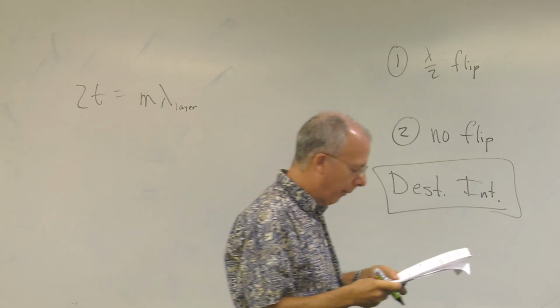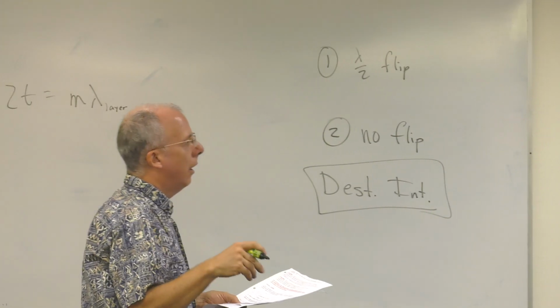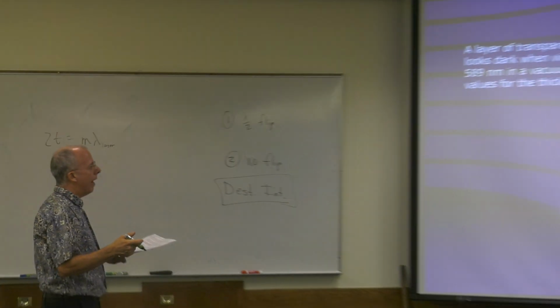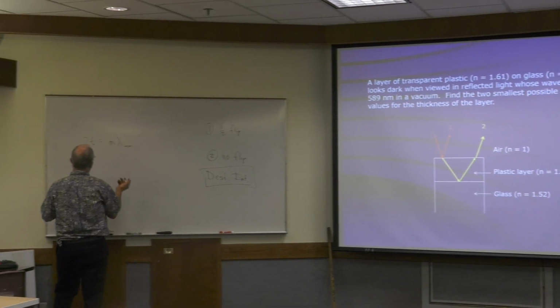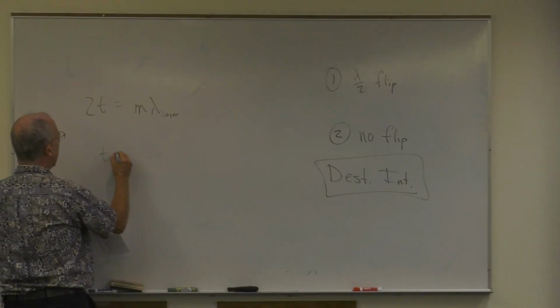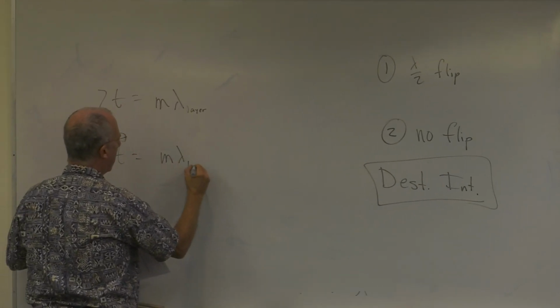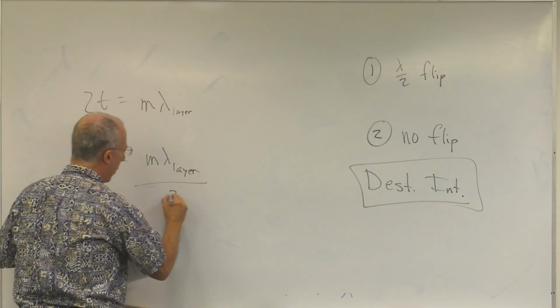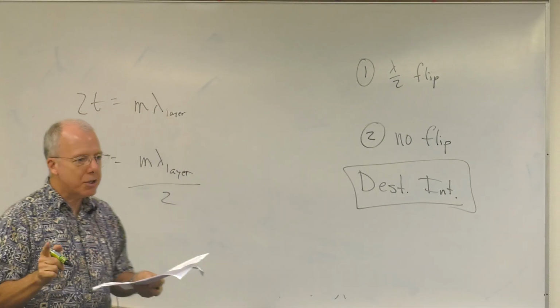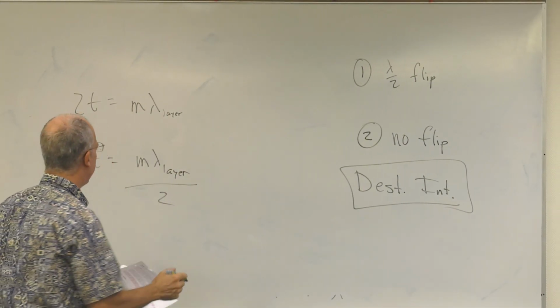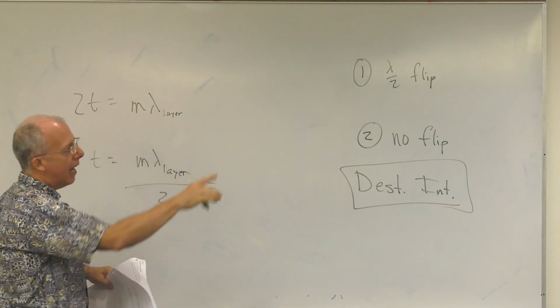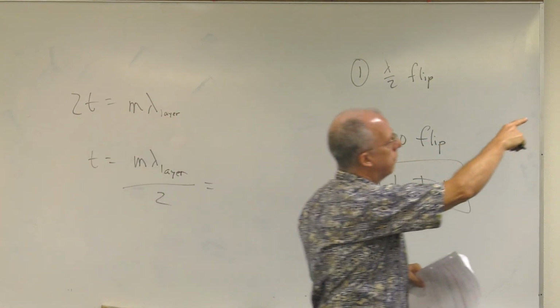Now the question says the two smallest values for the thickness. Piece of cake. So solve for thickness. So thickness is m lambda layer over 2. Now here's something you can't forget. They tell us that the wavelength is 580